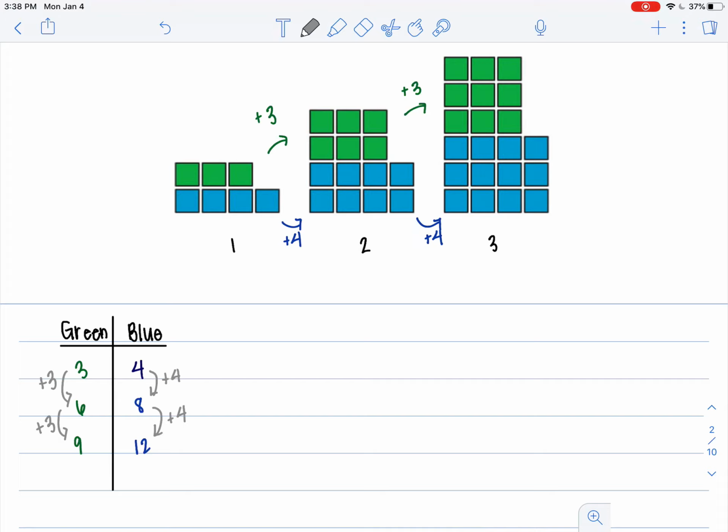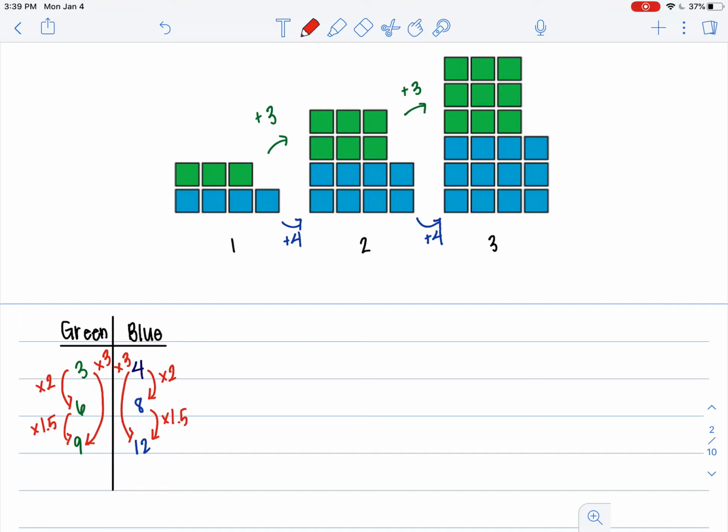We can also see that these ratios are equivalent ratios. So instead of using addition, we could demonstrate these ratios' equivalence using multiplication. 3 times 2 is 6, and 4 times 2 is 8. 3 to 4 is also equivalent to 9 to 12 because I could multiply both sides times 3. And 6 to 8 is also equivalent to 9 to 12 because 6 times 1.5 is 9, and 8 times